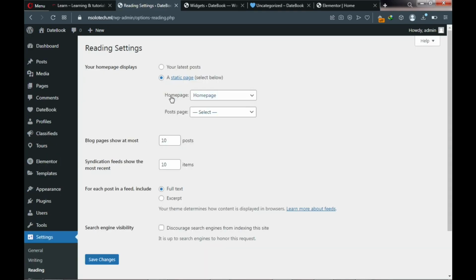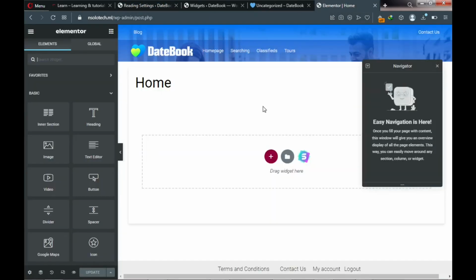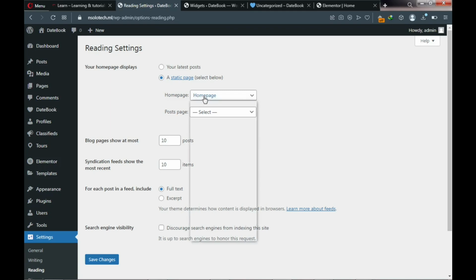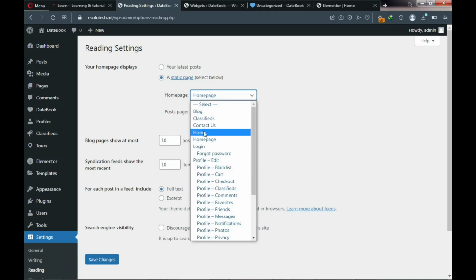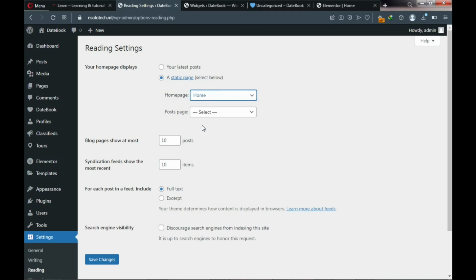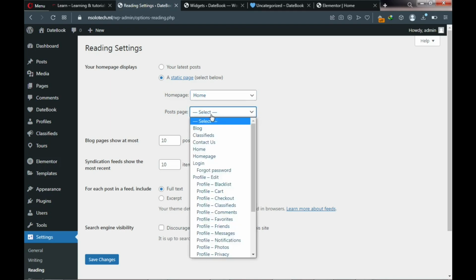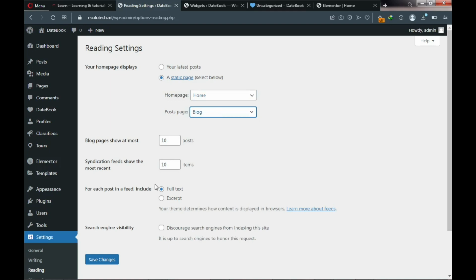Perfect. Now our home page. If you can remember the newly created home page, the one we are working with here currently. Good. Now the widgets are all gone. Okay, so this is the page. So we want to enter this page here. Okay, so we will assign that page here because we want it to be our own page. Okay, like this. And then you can assign your blog page like this, and then make sure you click on save changes, and then